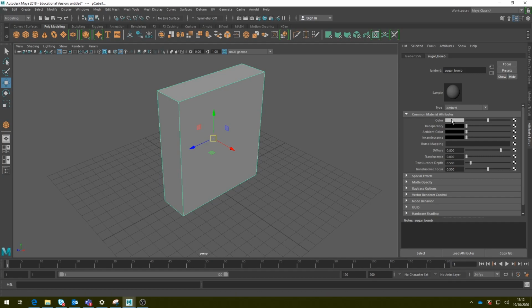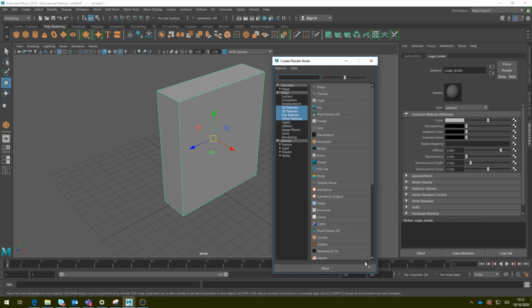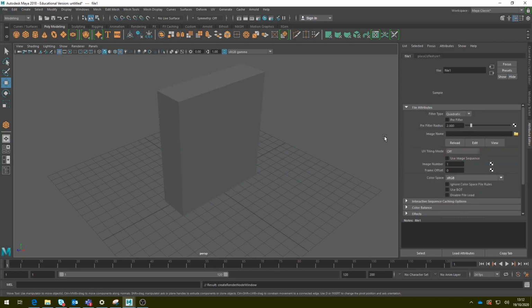Now we've applied colour. What we're going to have a look at here, there's a little checkerboard next to it. If we click on the checkerboard, it'll bring up this list, create render node. We'll talk about render nodes later, but for the minute we're adding a connection between the colour and the file. So the file is going to be the image, so we click on file, and it brings up this one,